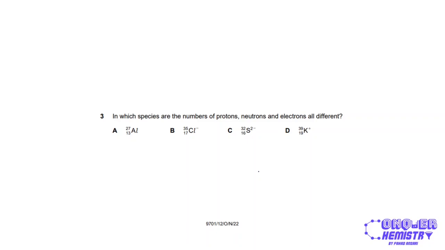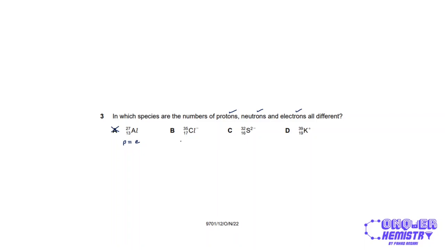Now over here we need to find out the species where the numbers of protons, neutrons, and electrons, all 3 subatomic particles, their numbers are different, right? So we can easily eliminate aluminium over here. The reason is that this is an atom, so the number of protons will be equal to the number of electrons, all right? Now, if you look at option B, now over here you can clearly see that the number